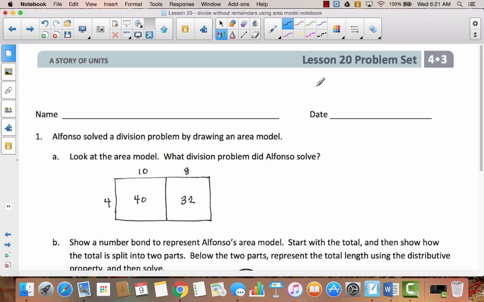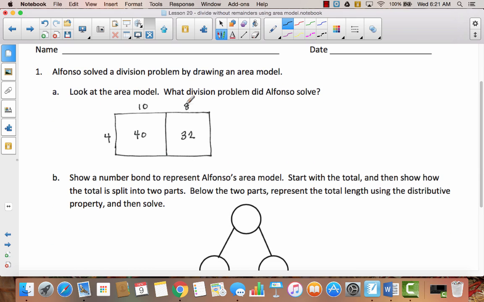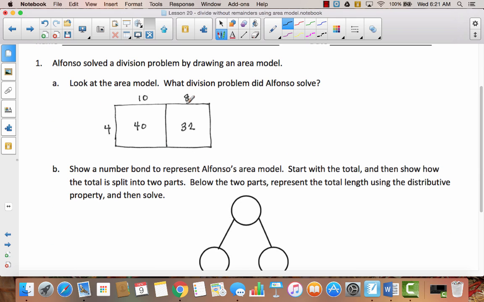Alfonso solved a division problem by drawing an area model. Look at the area model. What division problem did Alfonso solve? So remember, when you're dividing, you are taking a whole and you're dividing it into parts. And we also know that these are rectangles. And we know that whenever you are multiplying, you're taking length times width gives you the area. When you're dividing, you're taking your area and you're dividing it by the length, and that's going to give you